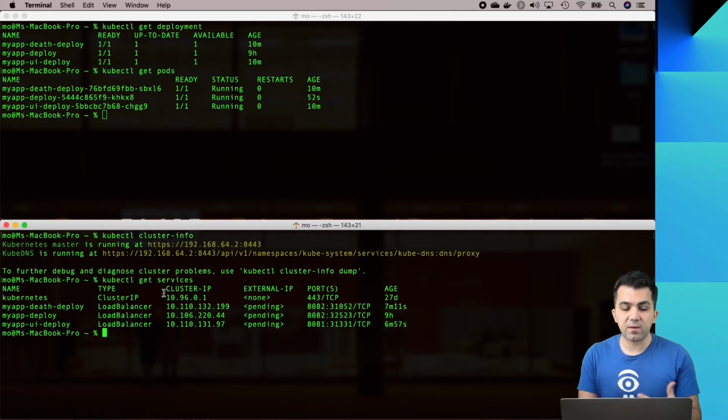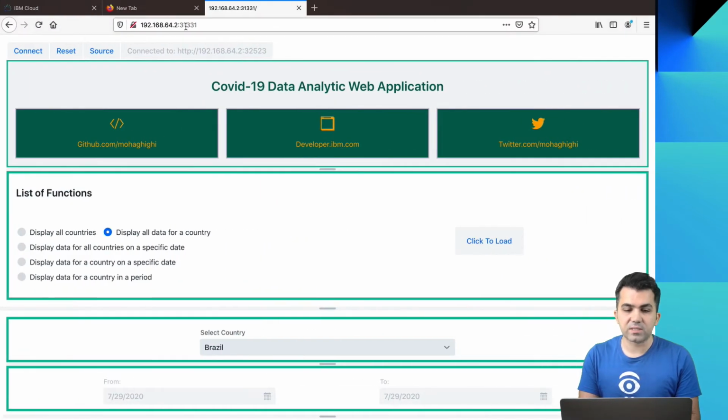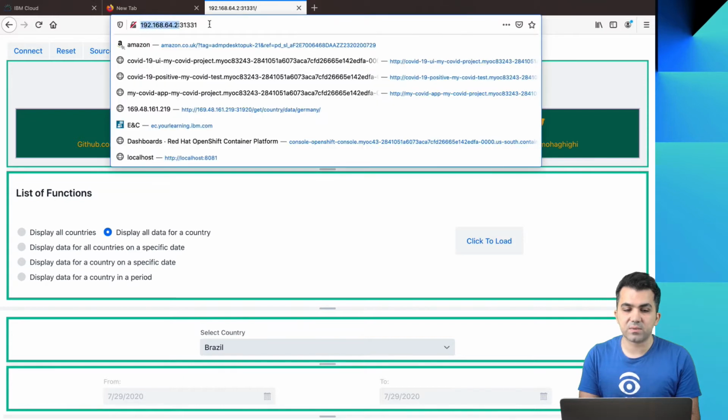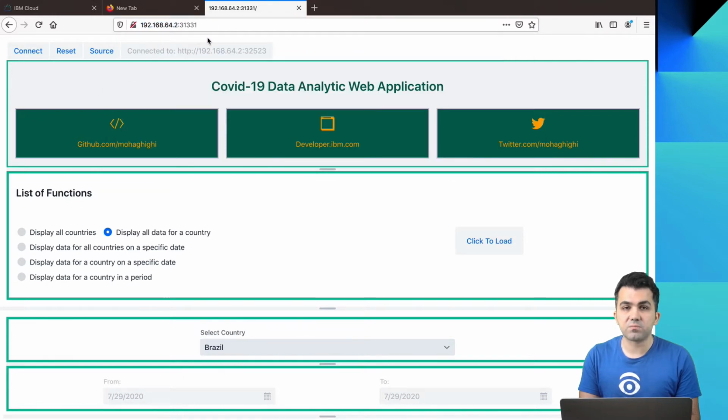And then here are our services. Basically, we've got 3 load balancers in our Kubernetes, one per deployment. And we've got these port numbers basically allocated to each one of those deployments. And obviously, since we're using a single node Kubernetes, in this case Minikube, we are using the Kubernetes master IP address, which is 192.168.64.2. And as you can see here, we are connected. This is our Kubernetes master, and now we've got it on port 31331,